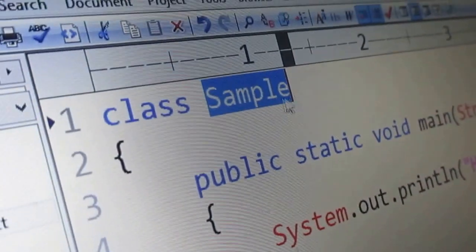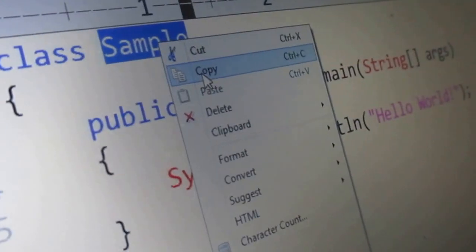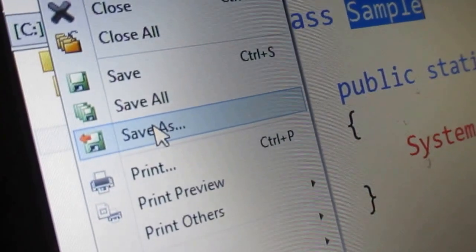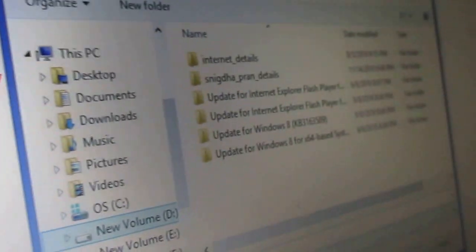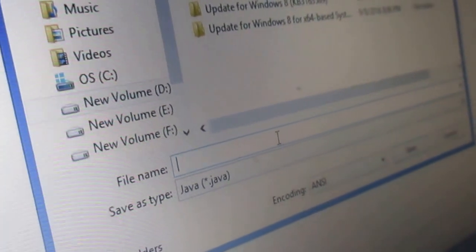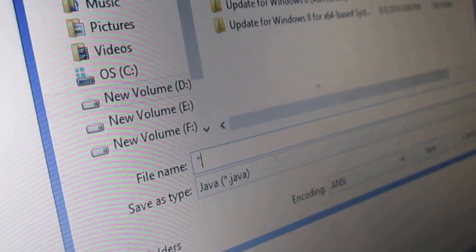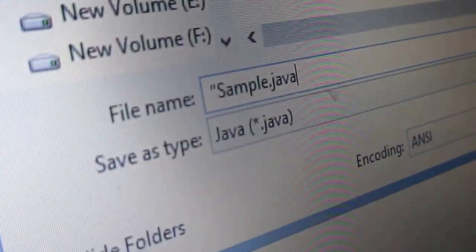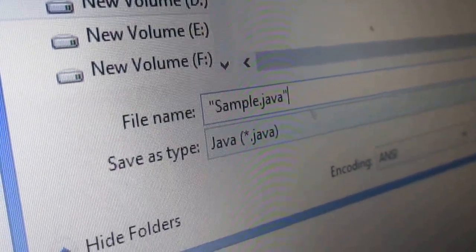We save the program with the class name we have mentioned. I click Save As, and inside the D drive I save my program as sample.java, choosing the save type as Java file.